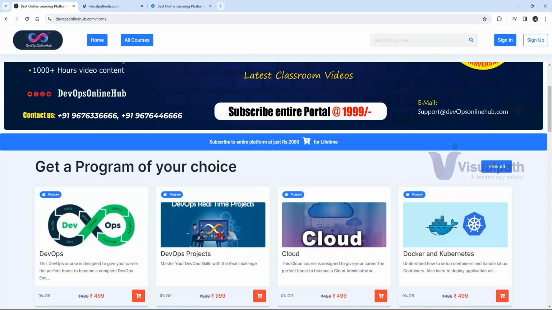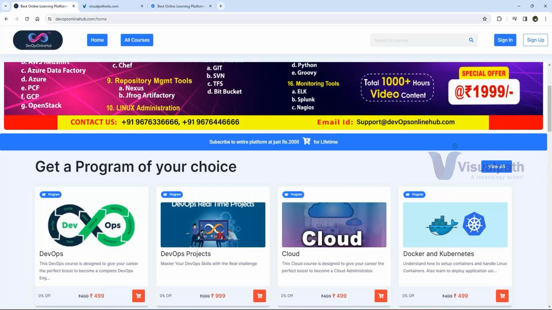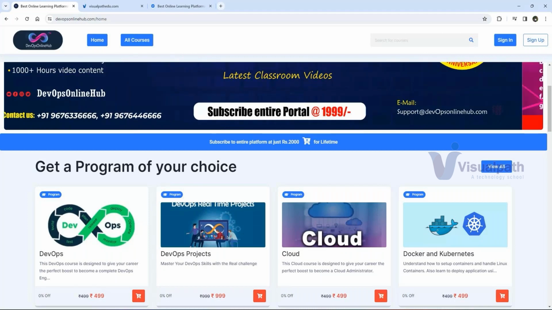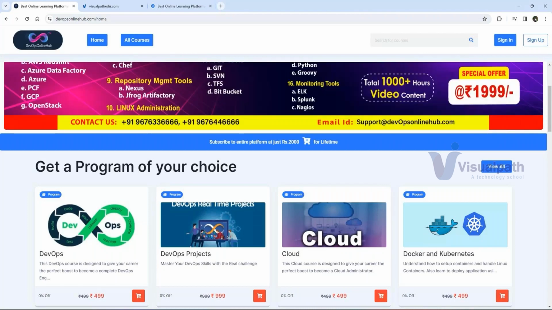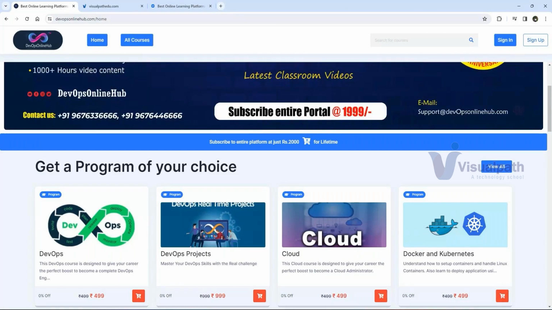I would say books are nothing but static information, right? The tools are getting changed frequently. If you read the book, I will tell you the problem. The problem with the books is that these particular tools are getting changed frequently. They are adding new functionalities, they are removing the old functionalities and all. So I would recommend to read the official documents. That is more than enough. I'll tell you how to read them.